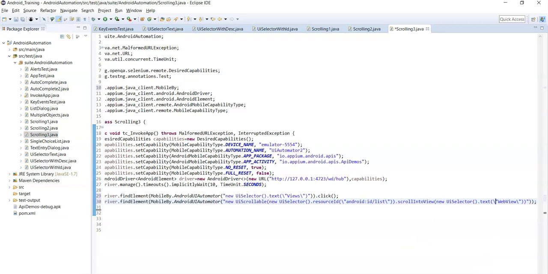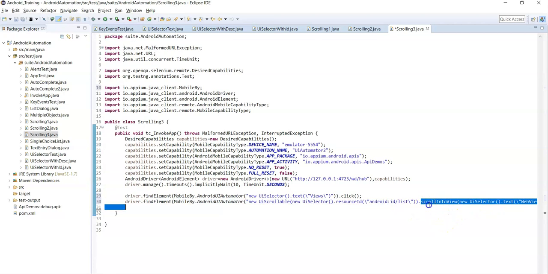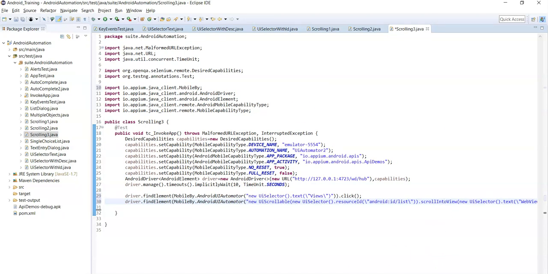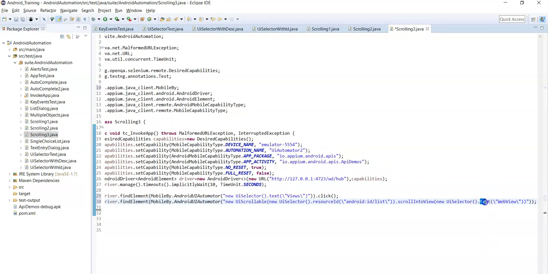That's it. So this is the simplest approach because we need to pass only one parameter, that is a locator of element where you want to scroll inside the scroll into view method. But you can use any of those methods. Here I have used only one text method.